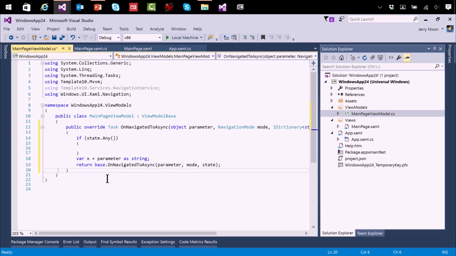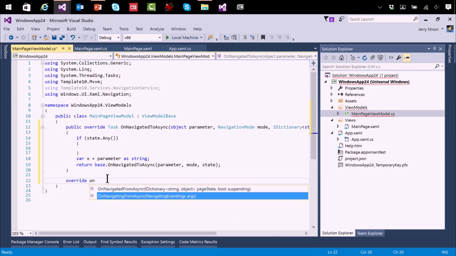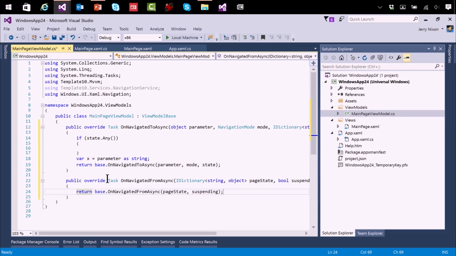I have two other view model overrides that are really interesting. One other thing I just wanted to mention was you mentioned passing a key with session state. The key thing to understand as well is if you're passing a key and you've been suspended, and then you're resumed and your session state comes back in, you obviously still have the information around. You've got to make sure you check to see that the ID is still present